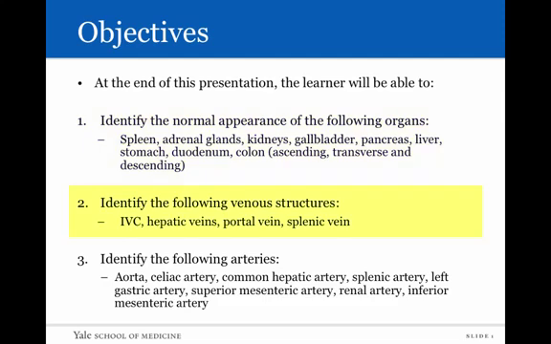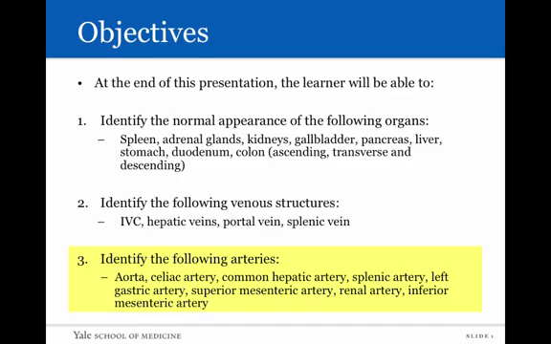colon. You'll also be able to identify the following venous structures: the inferior vena cava or IVC, hepatic veins, portal vein, and splenic vein. And finally, you'll be able to identify the following arteries: the aorta, the celiac artery, common hepatic artery, splenic artery, left gastric artery, the superior mesenteric artery, the renal artery, and last but not least, the